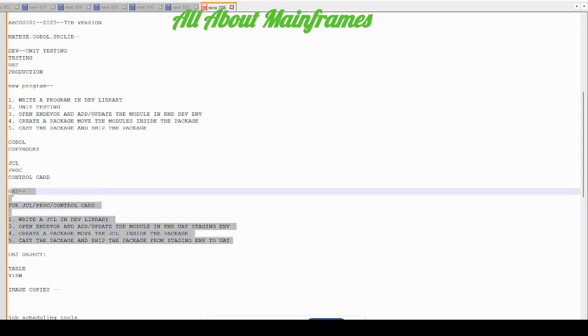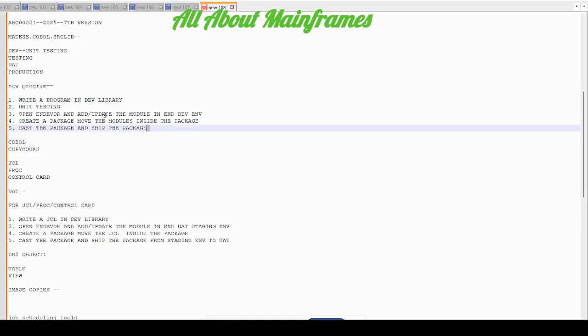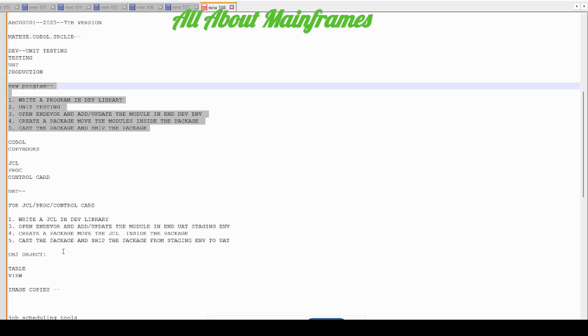But JCL, proc and control card should be specific to a particular environment, because we have many environment-related parameters in JCL, proc and control card. But in a COBOL program, DB2 table or view, or copybook, we never hard code any environment name. We make it generic always. So this is for a new program. Similarly,